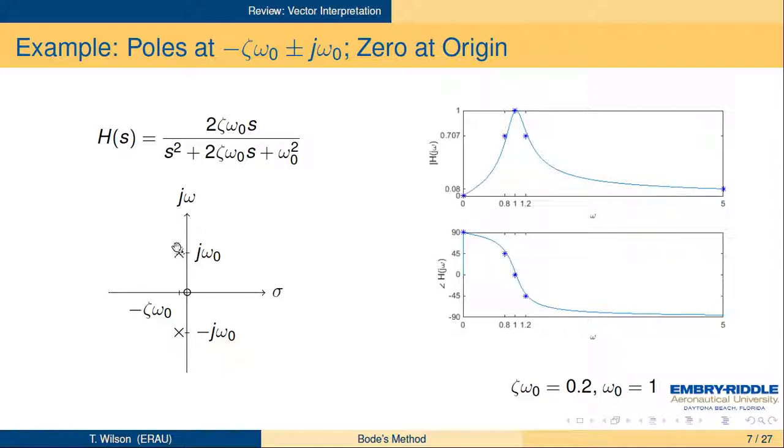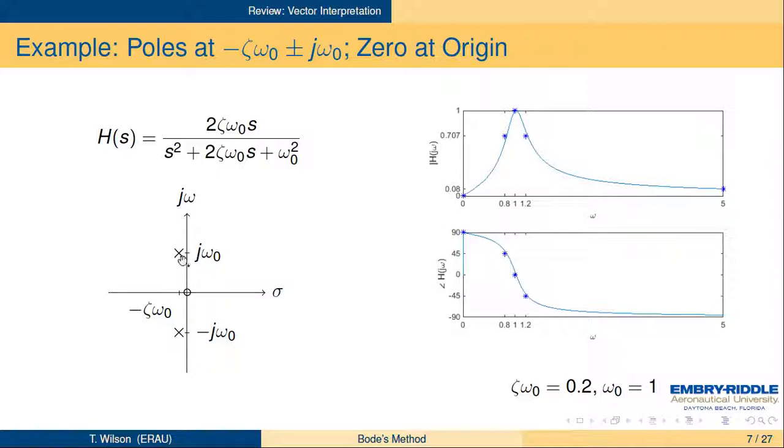The angle from the upper pole and the angle from the lower pole cancel each other out, adding up to 0, so you just have the 90 degree angle coming out of the 0 determining the angle there. As you go around the resonant frequency, from zeta omega naught below to zeta omega naught above, when you're at